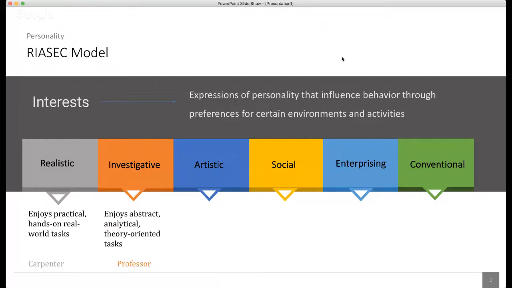We also have artistic jobs, and these artistic jobs are for individuals that like entertaining other people or fascinating other people with their work. So an actress or an actor, a sculptor, a painter, even a graphic designer, being able to create things that give others pleasure. Social jobs are targeted at helping other people, so helping or serving or assisting other people,